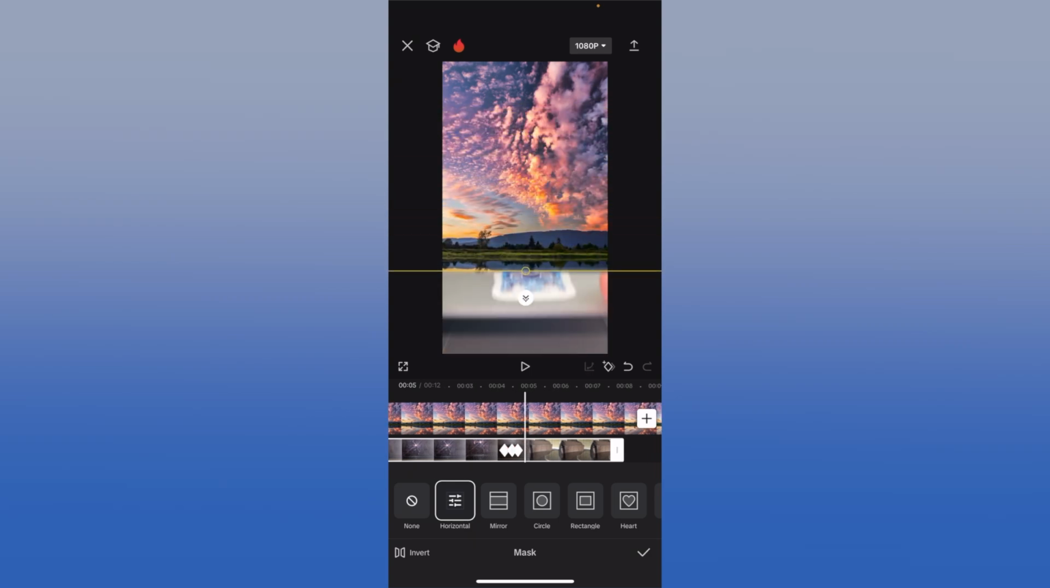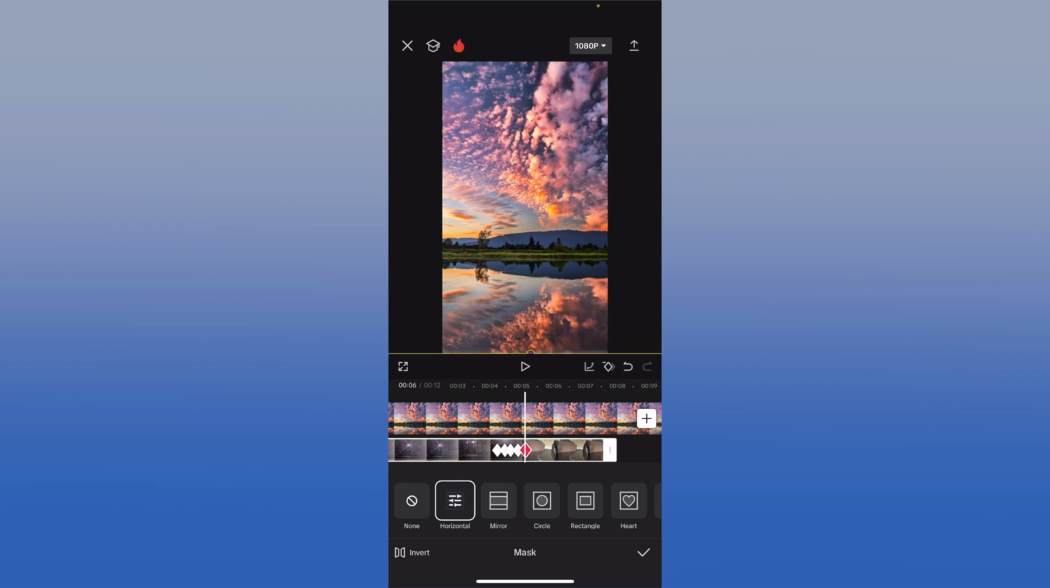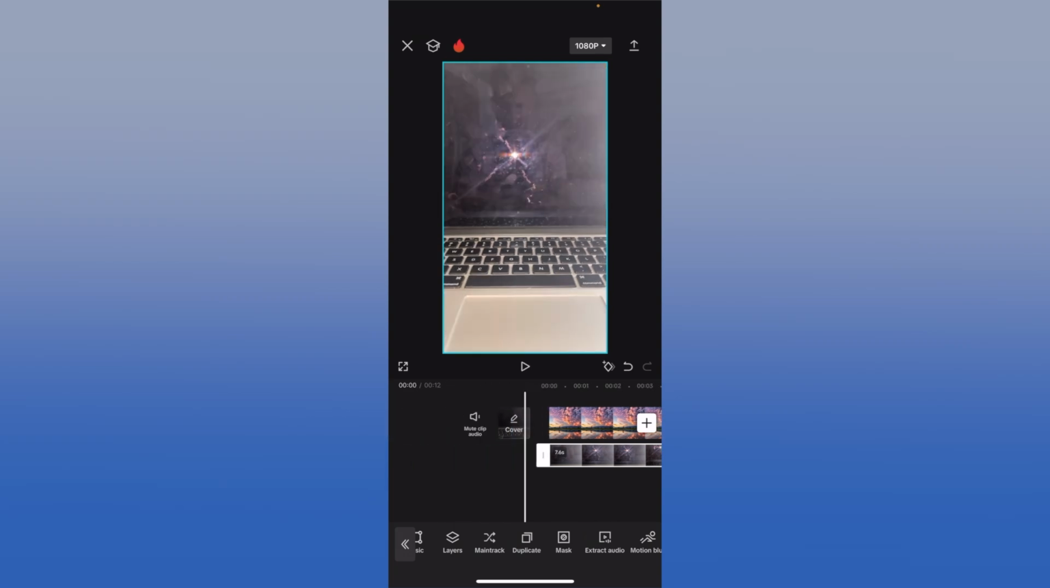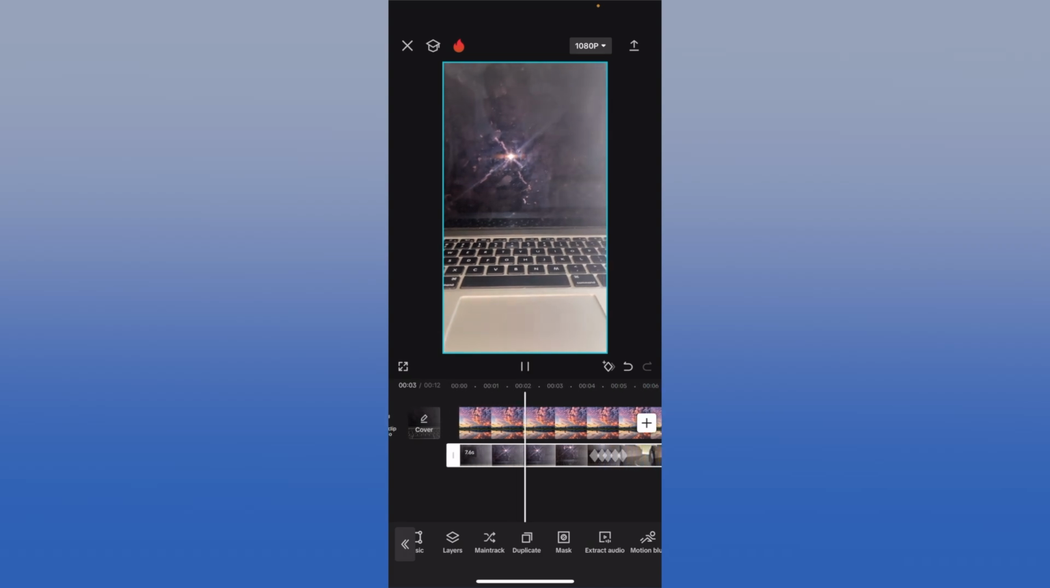And you just keep repeating this process until the entire screen is filled with your second image. And once you've done that process, always double check your work. So you come to the beginning of the clip, we're gonna press play. And then as you can see,